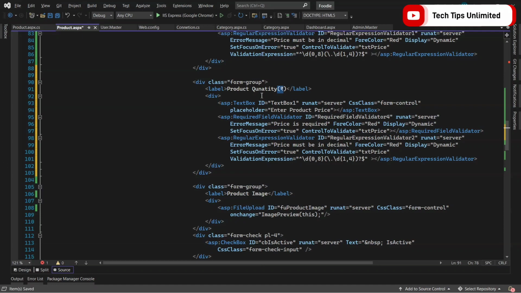Remove this, copy this quantity, and change the text box id to txt quantity, as well as the product quantity label. Then the quantity is required, need to change the id to quantity, and